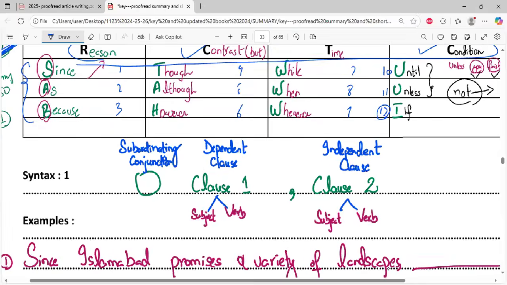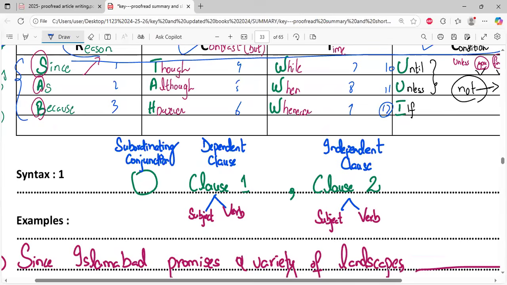A very simple construction syntax बनाया हुआ है: you are going to begin it with a conjunction, since, as, or because. Then you will write the first side of the sentence followed by a comma, then write down the second part of the sentence. In both parts of the sentence, you have to have a subject and a verb, without which your sentence construction will be wrong. If you look at it technically, you started with a subordinating conjunction. The first part is called dependent clause and the other side is called independent clause.